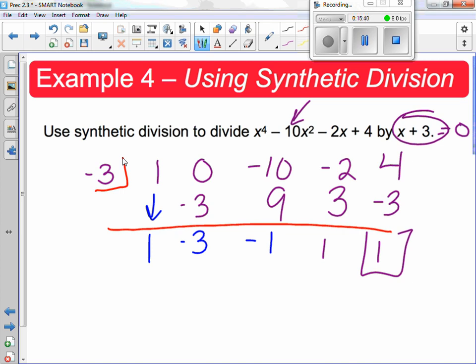But that's fine. For this one here, that's fine. Now, I box the last number, whatever it is, 0, 1, 7/9. I box it. This is for myself, to remind myself this is the remainder. The last number we get in synthetic division is the remainder. Now I go back through. This is the constant term. This is our